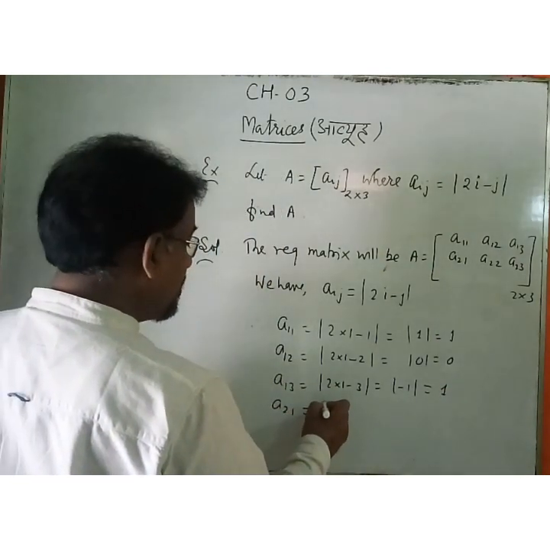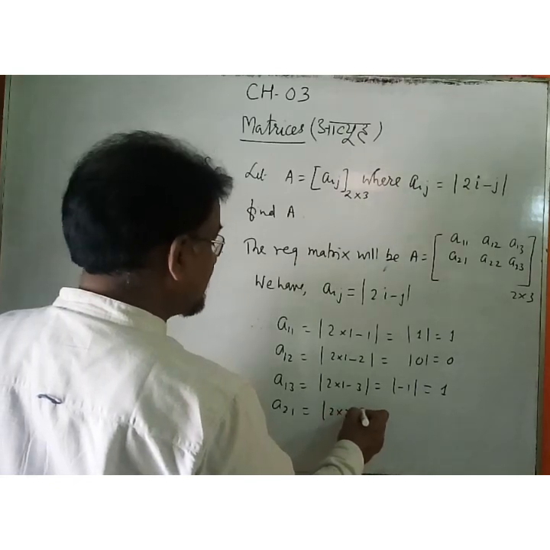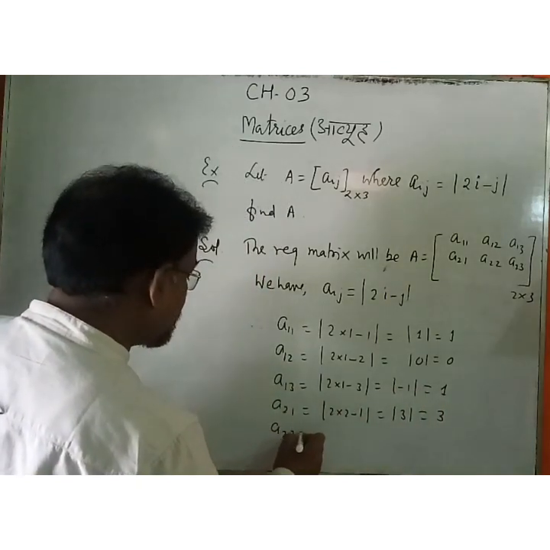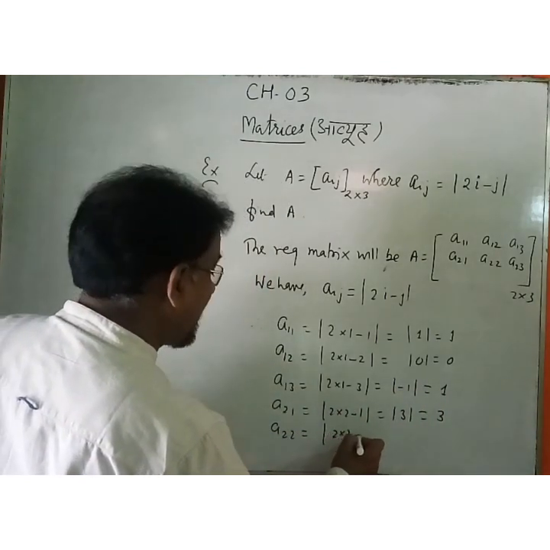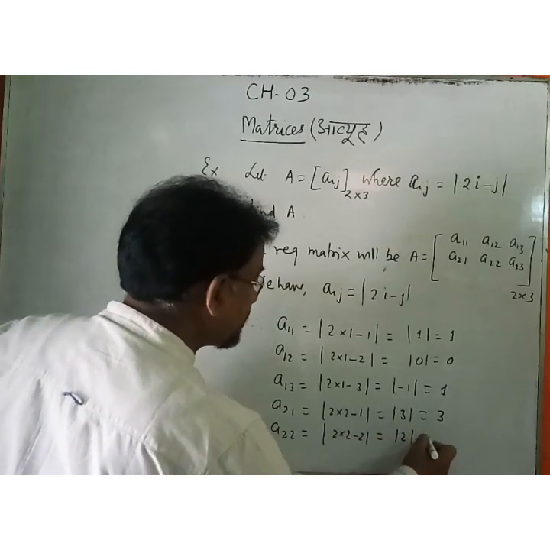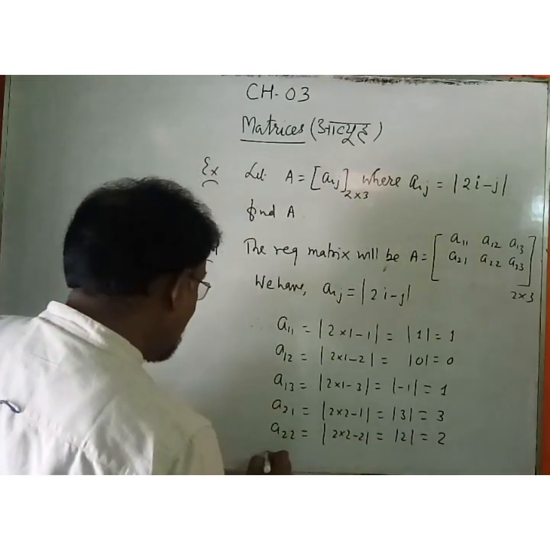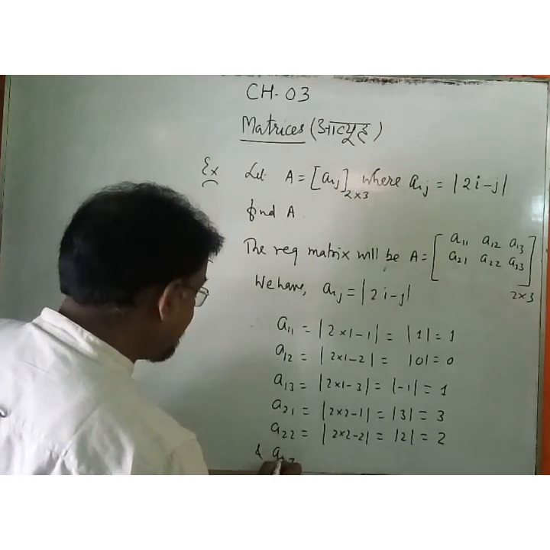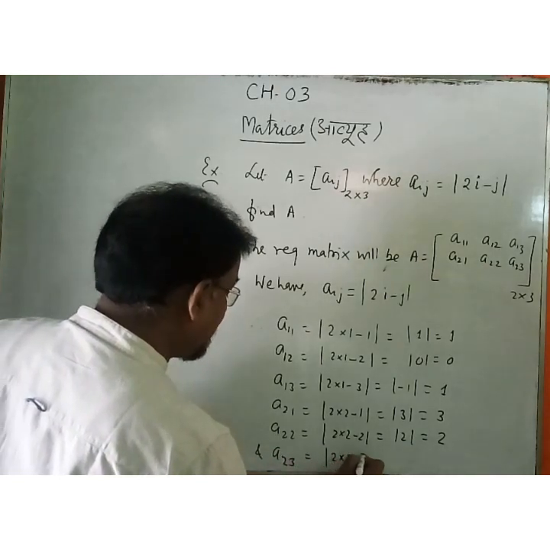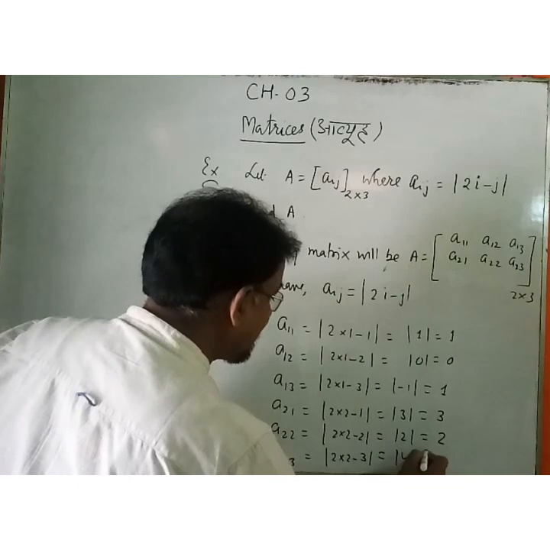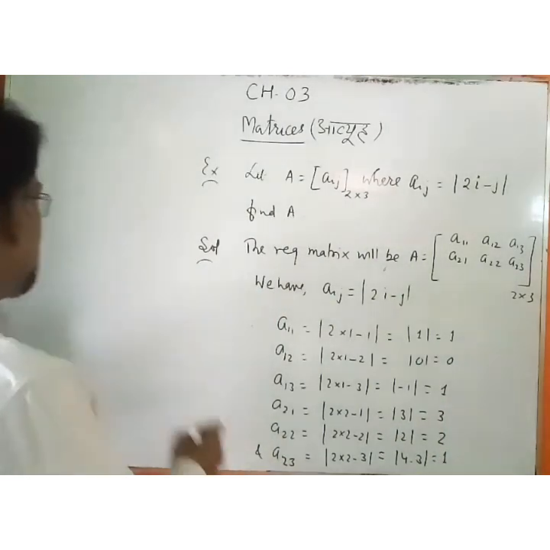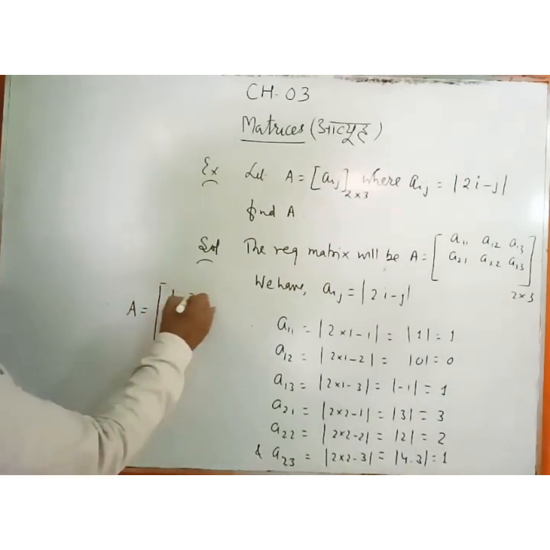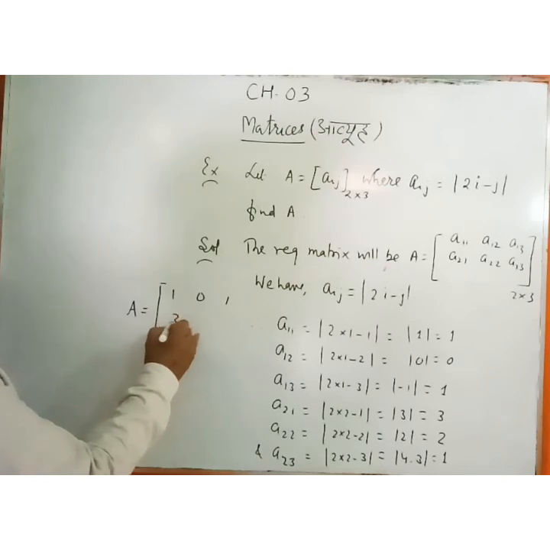A21 is equal to modulus of 2 into 2 minus 1, so that is mod 3, which is equal to 3. A22 is equal to mod of 2 into 2 minus 2, that is mod 2, which is equal to 2. A23 will be what? Modulus of 2 into 2 minus 3, that is modulus of 4 minus 3, that is equal to 1. Therefore, A will be equal to the matrix 1 0 1, 3 2 1,